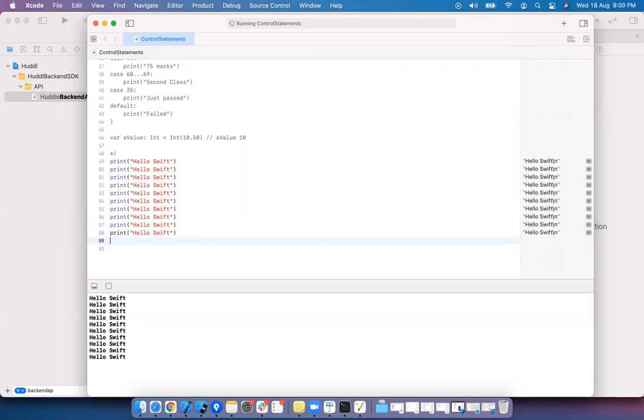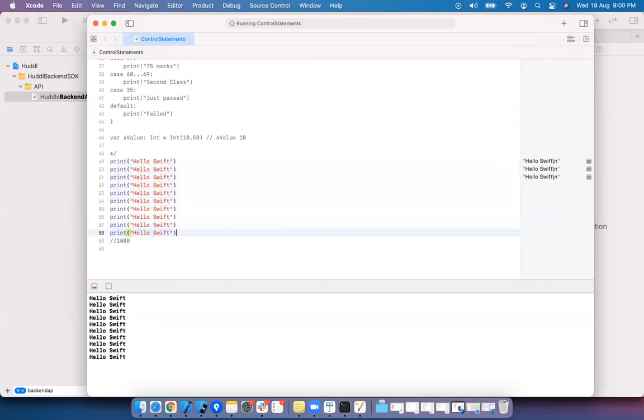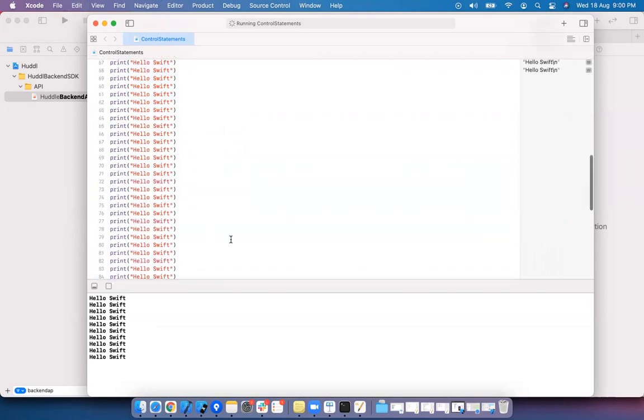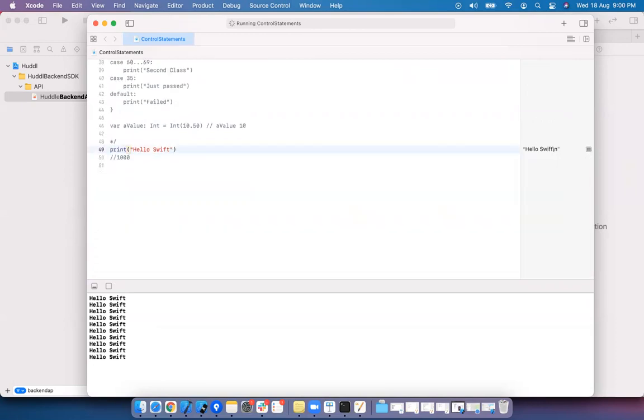What if I want hello Swift 10,000 times, 1,000 times? We are doing the same work, but writing it 1,000 times. This is not a correct way of writing. You always need to think about how to reduce the number of lines, and performance also you need to check.